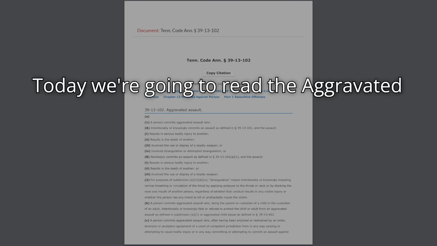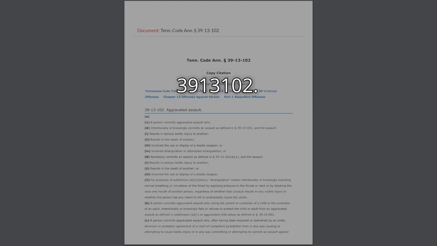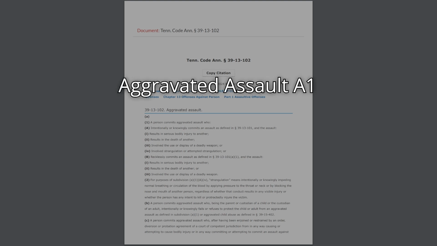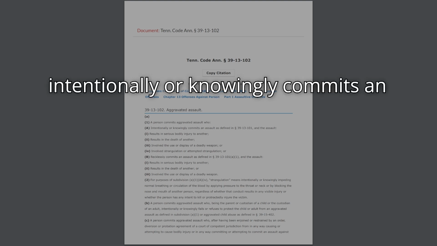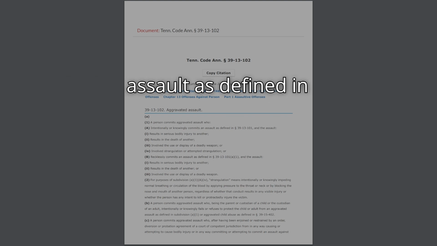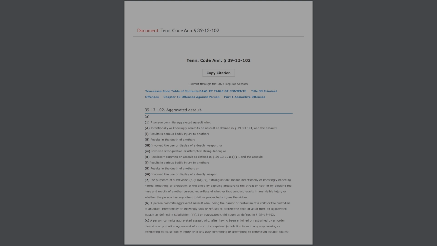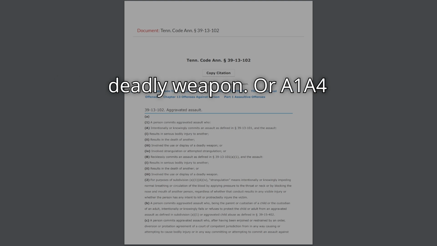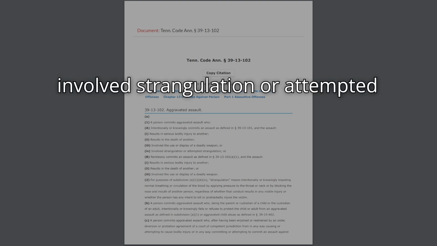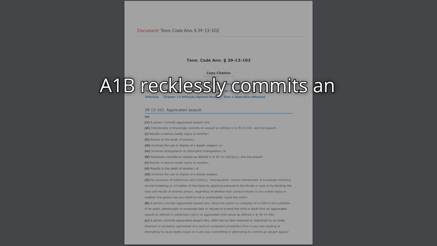Today we're going to read the Aggravated Assault statute in Tennessee, Tennessee Code Annotated 39-13-102. Aggravated Assault. A(1). A person commits aggravated assault who, A(1)(A), intentionally or knowingly commits an assault as defined in 39-13-101, and the assault, A(1)(A)(1), results in serious bodily injury to another, A(1)(A)(2), results in the death of another, A(1)(A)(3), involves the use or display of a deadly weapon, or A(1)(A)(4) involves strangulation or attempted strangulation, or A(1)(B) recklessly commits an